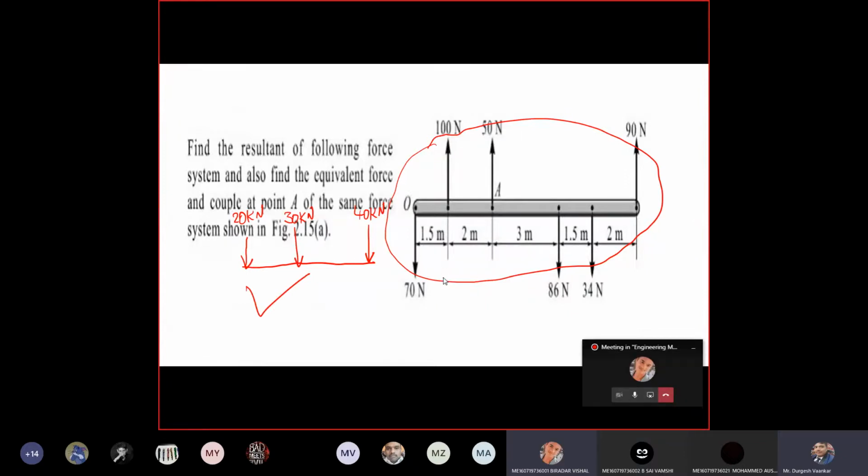In this case, some forces are acting in the upper direction, some forces are acting in the downward direction. Now tell me, resultant, where it will act? We cannot say while seeing the diagram only. Now we have to calculate that. We have to add these upward forces and we have to subtract these downward forces. Suppose if you are getting a positive value, then resultant force will be in the upward direction. Suppose if you are getting a negative value, it means resultant force will be acting in the downward direction.